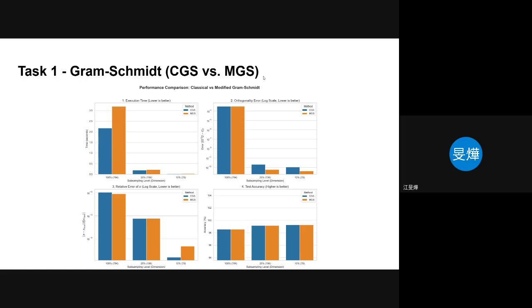But we can look at the 25% and 10% dimensions. The orange one is consistently lower than the blue one. So we can see that the modified one is better than the classic one. Yeah, it's more